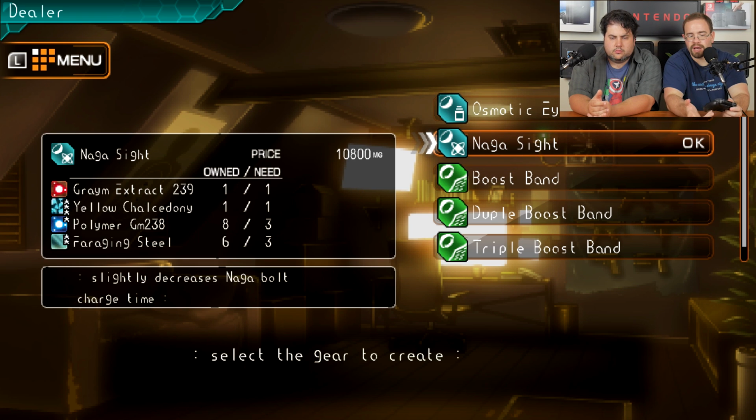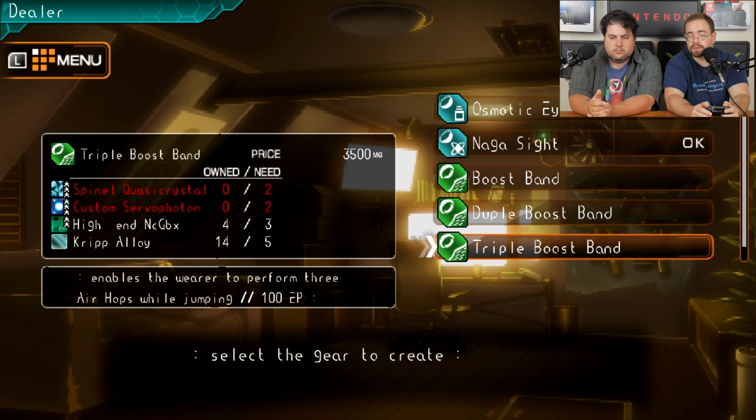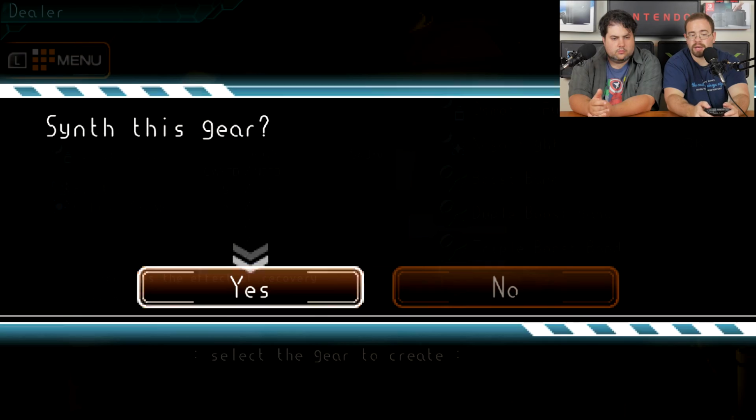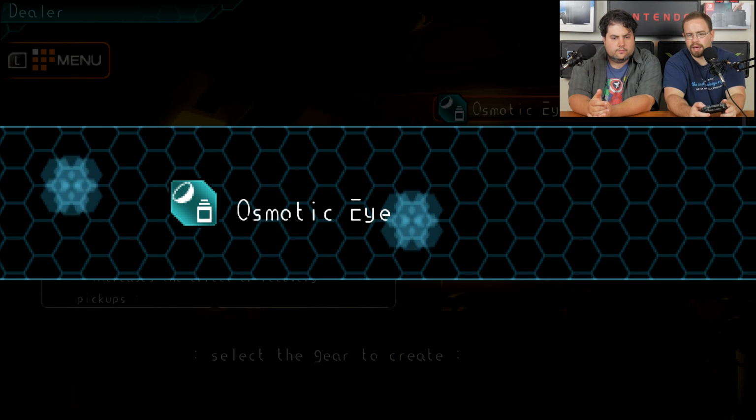Like there's a sight for the Naga, which is a gun I don't use. I'm not using that right now. But this increases the effect of recovery pickups, for example. So I would go through, and that's really the one I have right now. So yeah, we'll synth that gear. It'll create it with the elements that I have. And there we go. I have a little